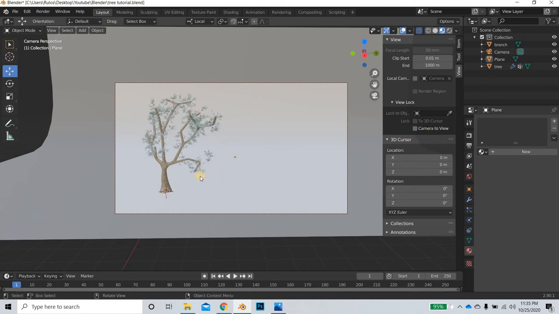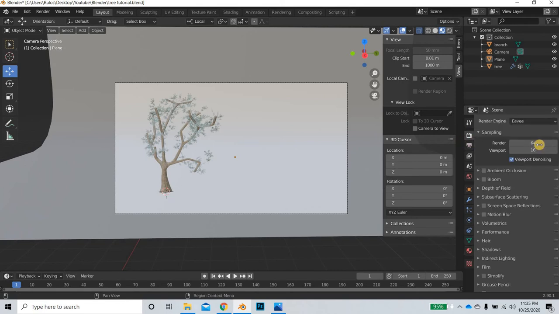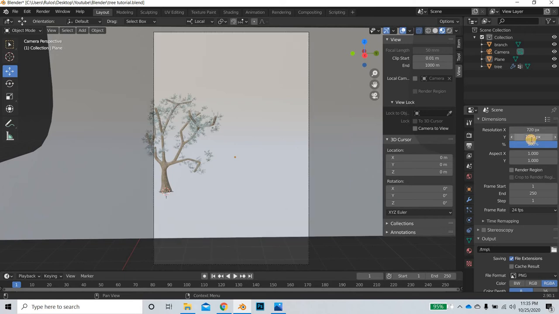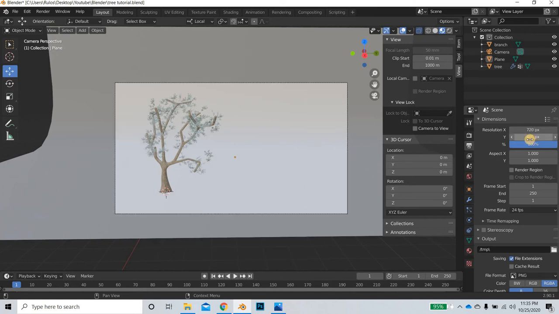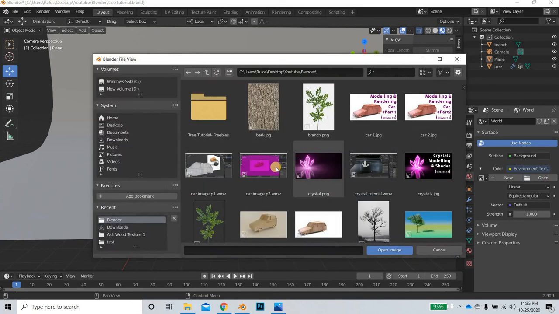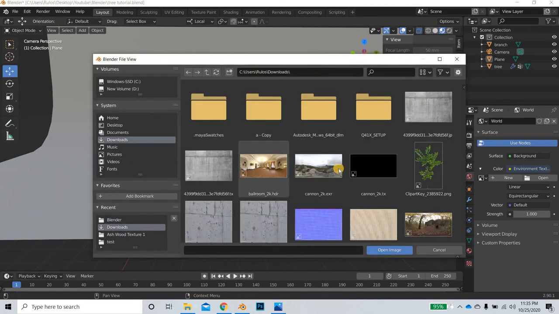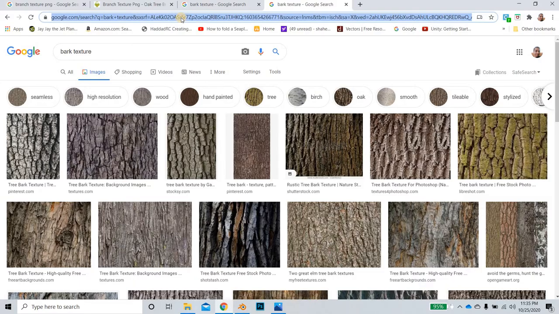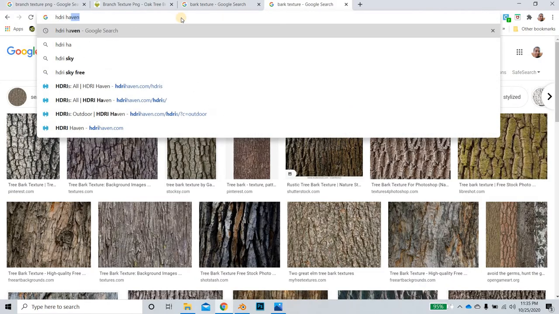We don't want to lose the camera view. We need to go to render settings. We'll render it at 720 by 405 for test renders. Go to environment and we are going to use environment texture, open, and I'm going to use an HDRI image. So you can go to HDRI